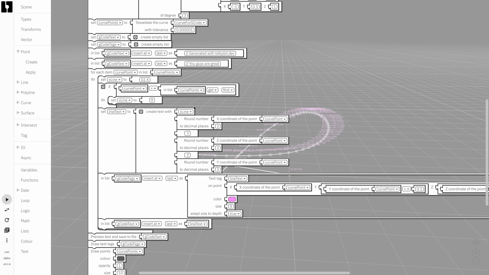You see that we add x line, and that's G1x or x, and then we add to it the rounded number of the x coordinate of the point. And we round it to 3 decimal places, just to not be too precise, but precise enough for the machine. And that is followed by the y, so the space character y, and then this is the